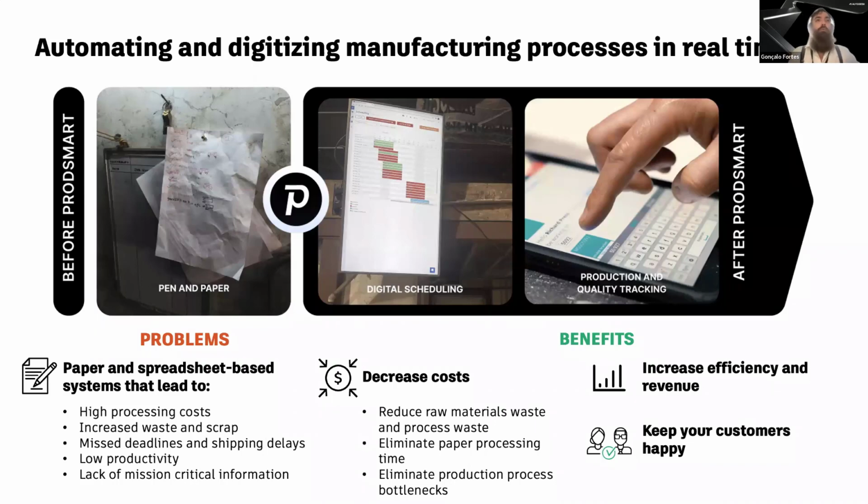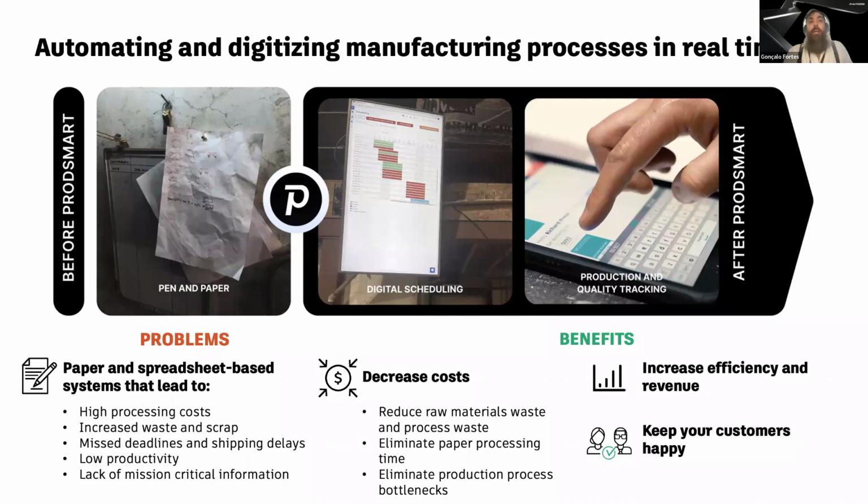And basically, we move companies from the reality on the left with a pen, paper, spreadsheet, and whiteboard-based system to this reality on the right, where you can have digital scheduling, production quality tracking through mobile devices, and sync everyone, show all the relevant data to your employees on the shop floor, and of course, tackle some of these challenges that the paper and spreadsheet-based systems have that usually lead to very high processing costs. It's the cost of obtaining the information and processing the paperwork, increased waste and scrap, low productivity, and production bottlenecks,